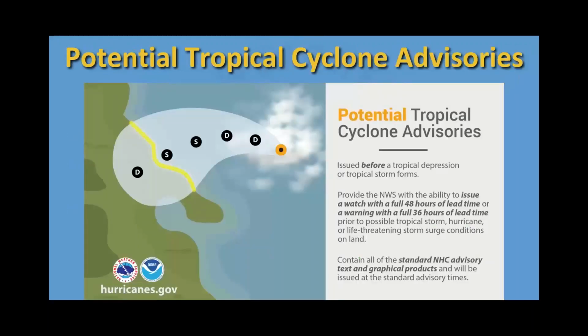Another feature that has been sent out in the past couple of years is the potential tropical cyclone advisories. This will be issued when there's really nothing out there. There may be nothing on the satellite, or just a cluster of showers and thunderstorms. There is not a tropical cyclone currently going on, but computer models and possibly satellite images are showing that there is a potential that something may develop very quickly, and most likely near land. So the Hurricane Center has come out with potential tropical cyclone advisories, and again, it gives the